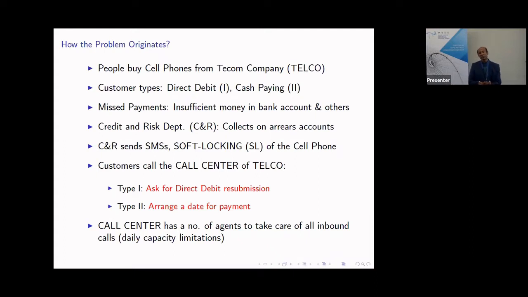They use this to send SMS and communicate with the customer. Sometimes people reply, sometimes they don't, and then they send another SMS and things like that. They call it collection activities. So this is the main drive, this debt collection. The department involved is called the credit and risk department. They collect on arrears, because people have to pay, and that's the reason the problem arises.